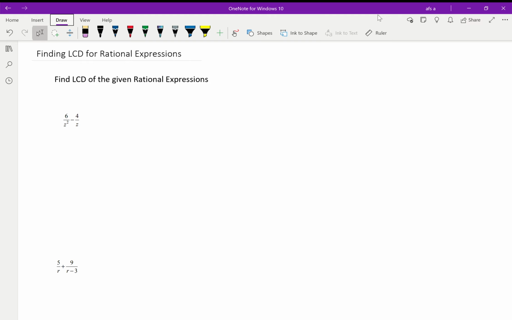Hello everyone. In this video today we are going to be talking about finding the least common denominator for given rational expressions. Now, the idea for finding the least common denominator for a rational expression is pretty similar to how we find a least common denominator or a least common multiple of numbers if they're given to us with the